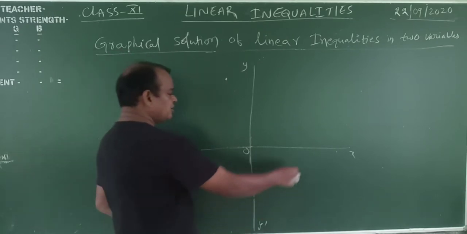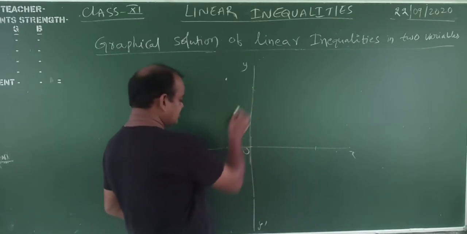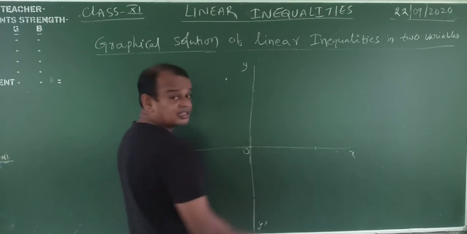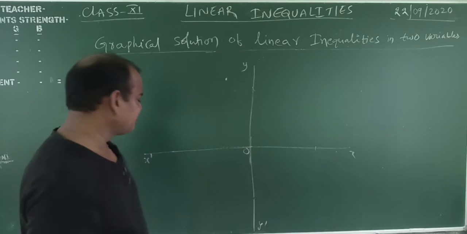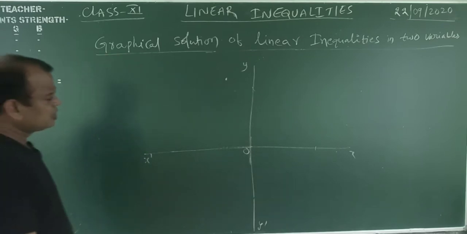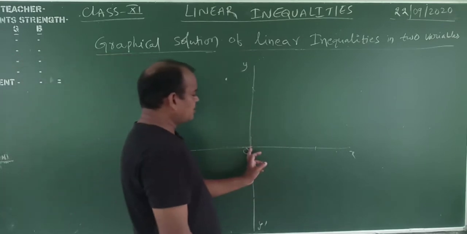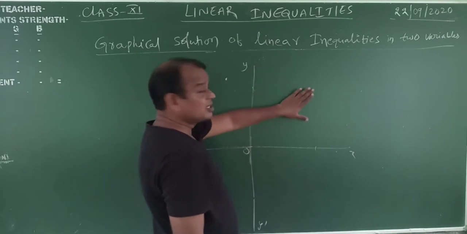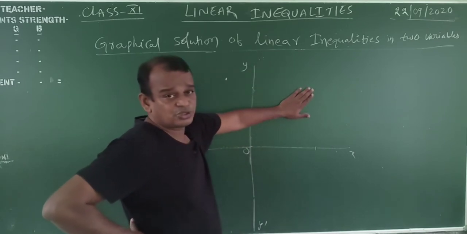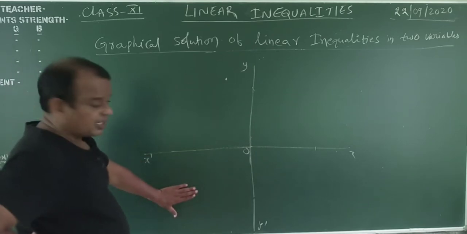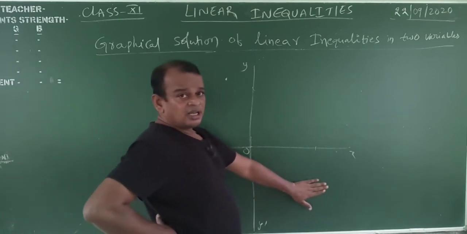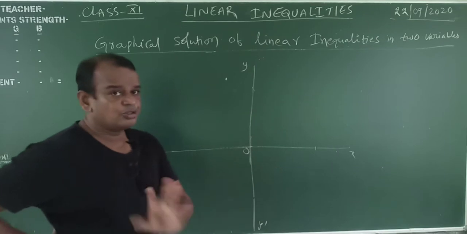Suppose here you take 0 degrees, this is 90 degrees, this is 180, this is 270, this is 360, and one circular turn is completed. One circular turn means 360 degrees. Now, observe that in the first quadrant, to the right and up, x and y are both positive. In the second quadrant, x is negative and y is positive. In the third quadrant, both x and y are negative. In the fourth quadrant, x is positive and y is negative. You know very well, I think.